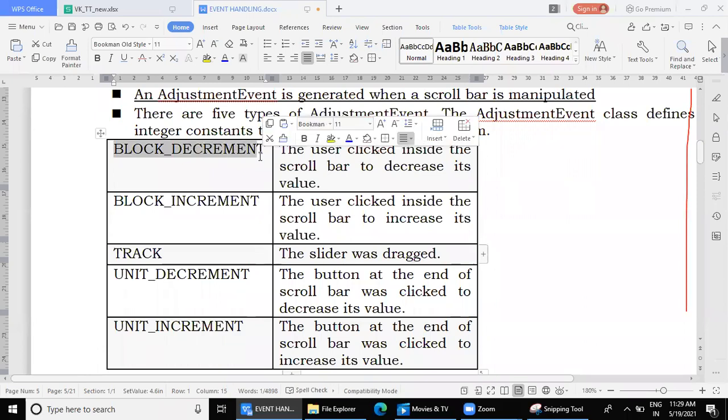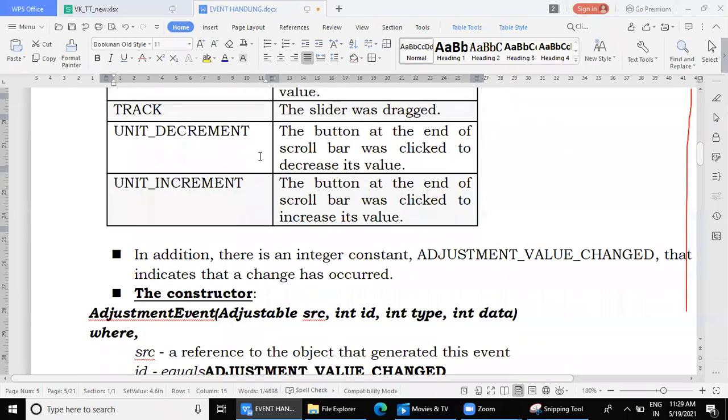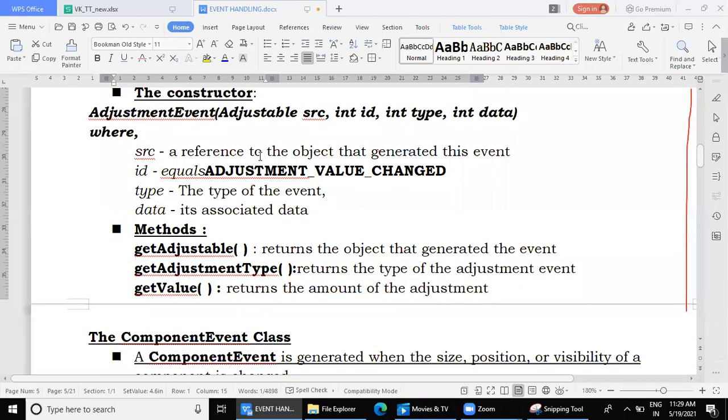If I want to know which action the user has performed, whether the user has performed block increment or unit increment or block decrement or unit decrement, there is a method which will give me that value. Which method? Get adjustment type.